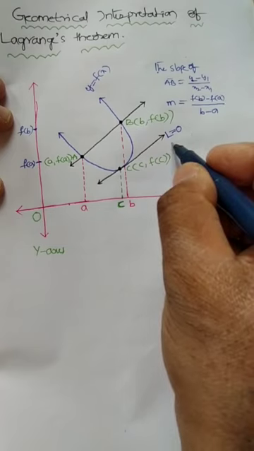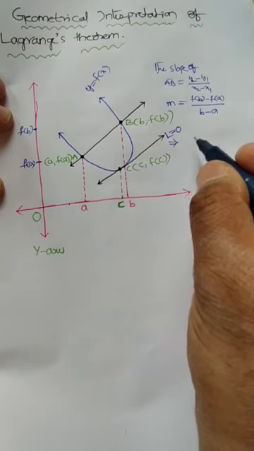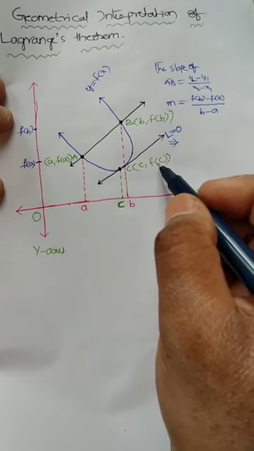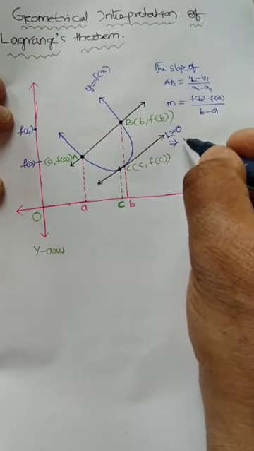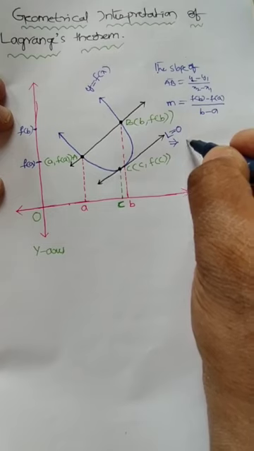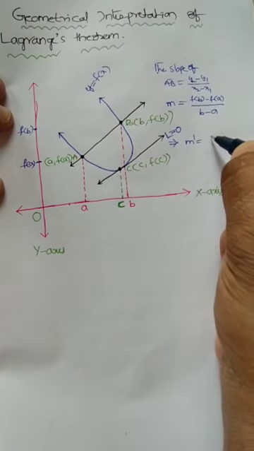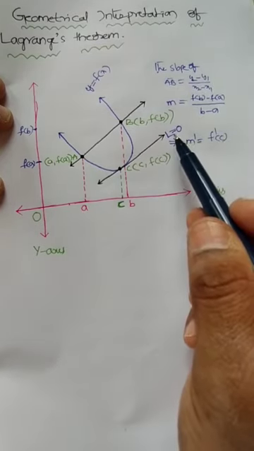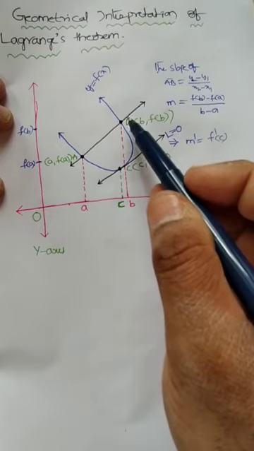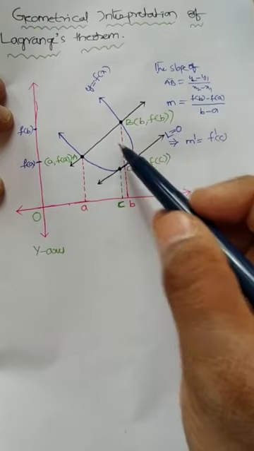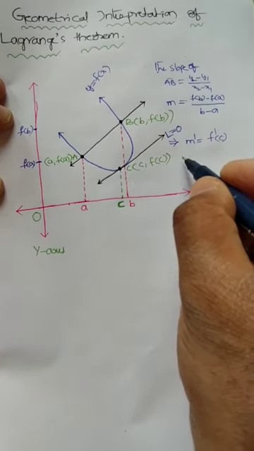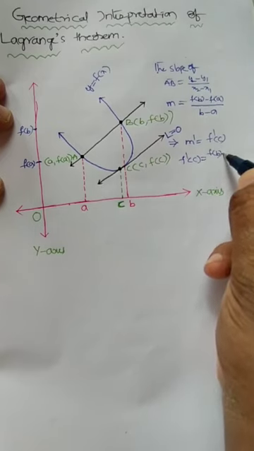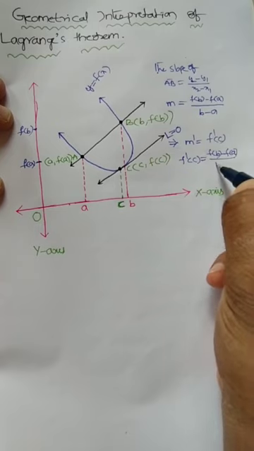But actually, what is the tangent line slope? dy by dx, the derivative of y. What is our derivative? f dash of C. So the slope of the tangent line L = 0, m dash, is f dash of C, isn't it? So the slope of the tangent line must be equal to the slope of the line joining AB bar. Why? Because these two are parallel. So what are we taking? f dash of C value. f dash of C is f of B minus f of A by B minus A.